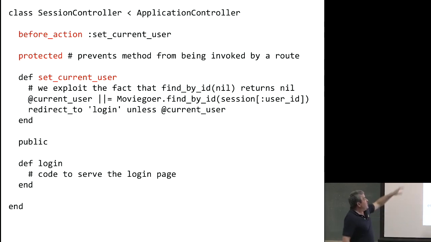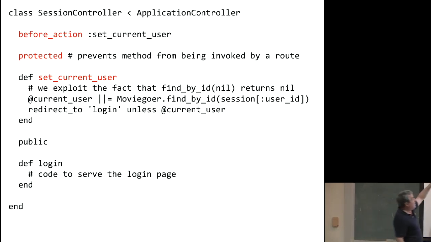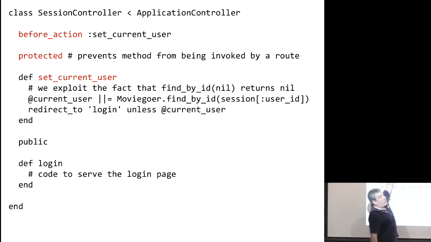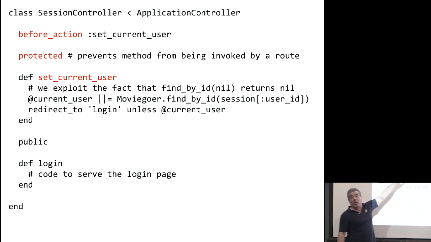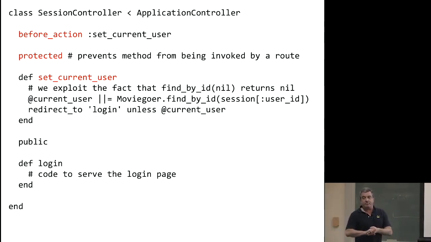Okay? So this is going to get run because I'm saying up here, before_action, set_current_user. What that means is, within this controller, before any action in the controller is allowed to run, on every single request, run this set_current_user function. And if the set_current_user function ends up not being able to set current user, in other words, if current user still ends up as nil, then it will stop the show by saying, nope, we're done here. We're going to redirect to the login page. And then the user can log in and we try again or whatever.